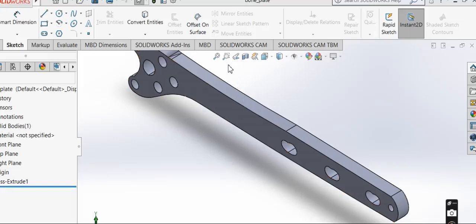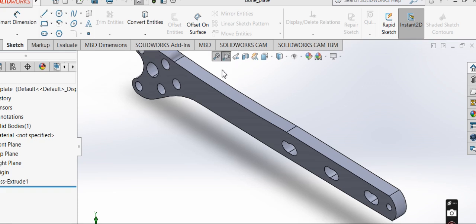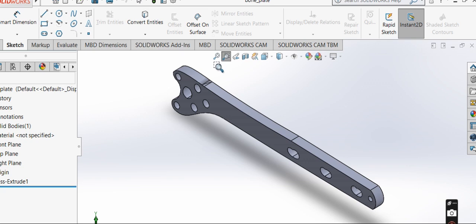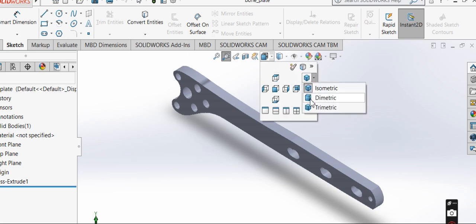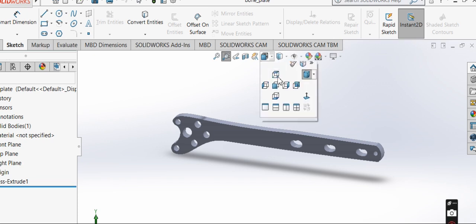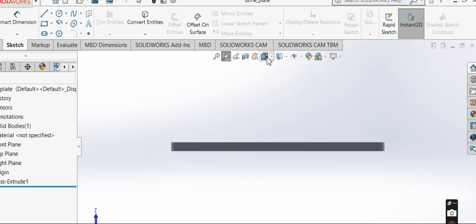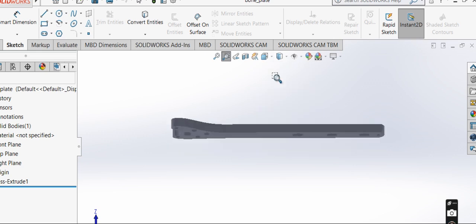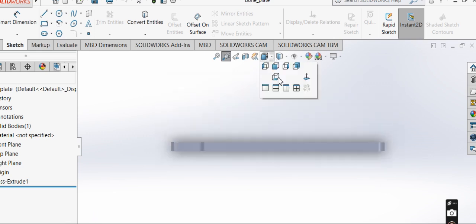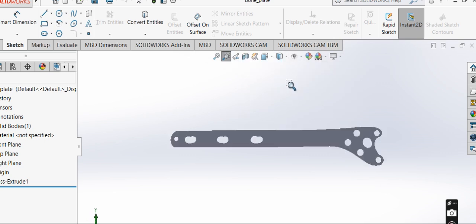In this video I am going to discuss the femoral bone plate. You can see this simple distal femoral bone I have made using SolidWorks, and you can see the different shades and different views of this. This is the front view, bottom view, side view. So this is an easily made femoral bone plate that is used